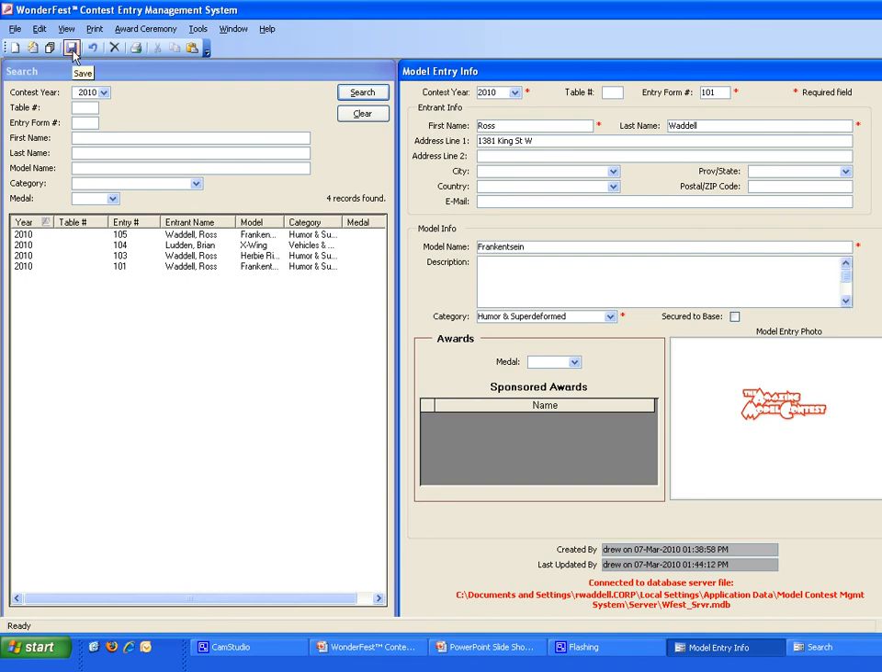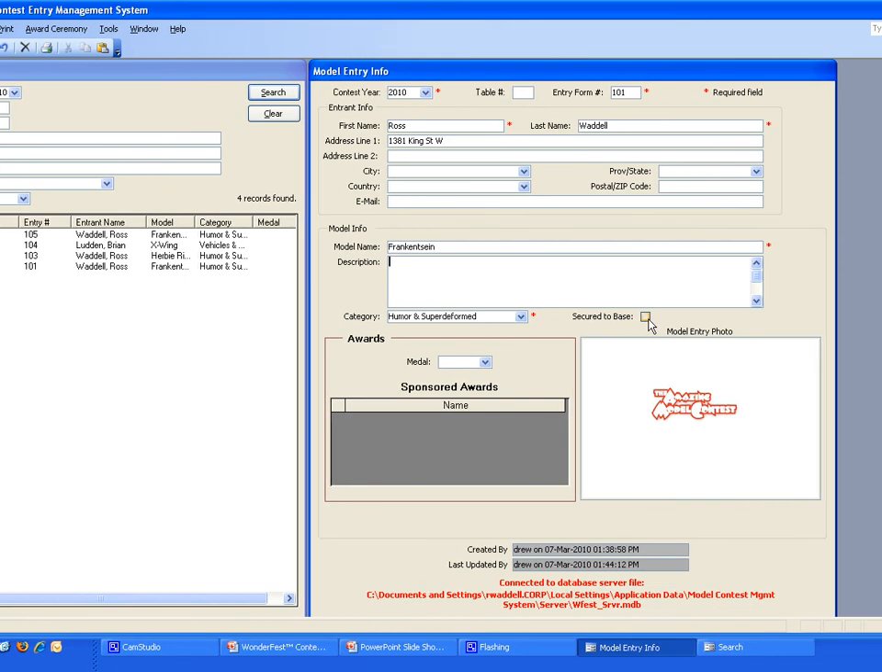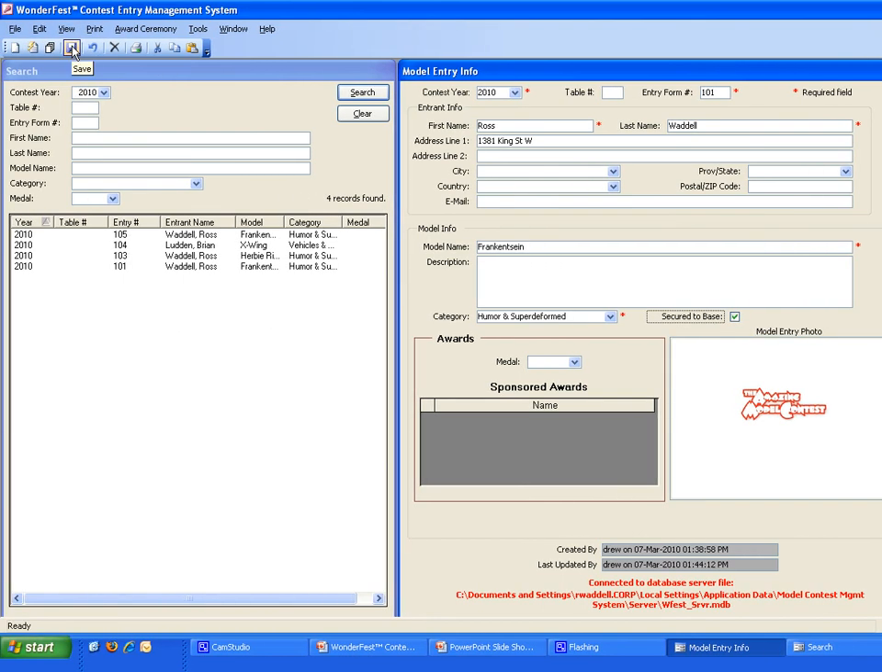So I entered some information and then I clicked save. Maybe you didn't enter this the first time and you want to go back and edit, do this and then go and click save. It's sort of up to you. So that's it for